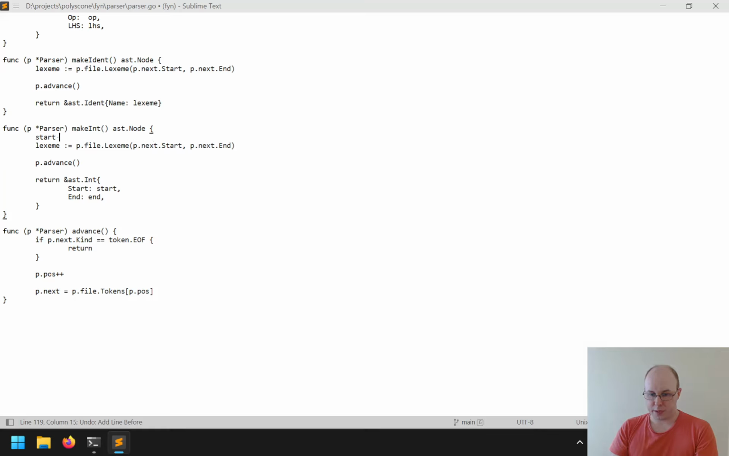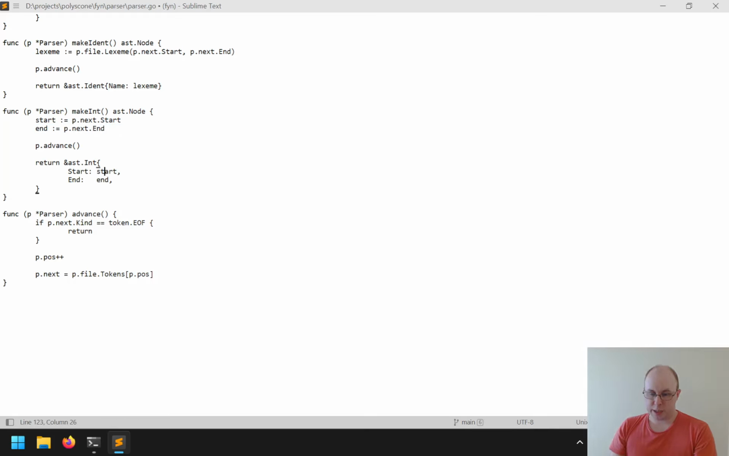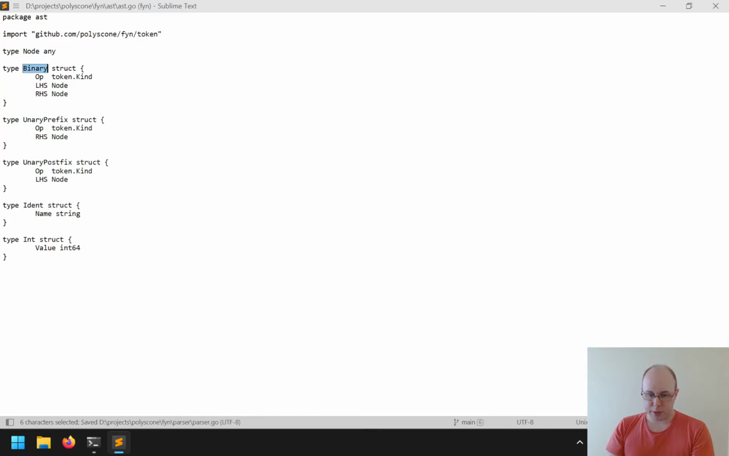So this will be start is p.next.start. And the same for end. And then we don't actually need to do any parsing or error handling there. That will be done later on after type checking. So in AST, we can change the int to just have a start int32 and an end int32. And